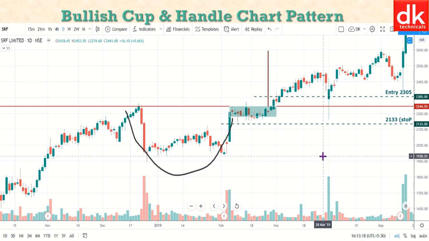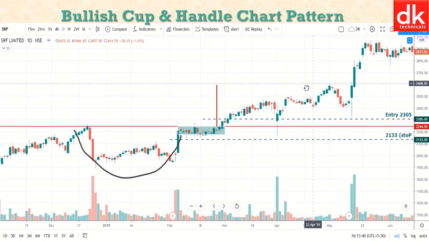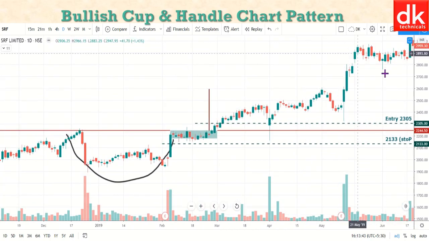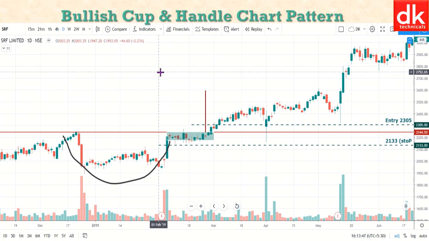However, we have been explaining in various tutorials under Zero to Hero or elsewhere also when we do the technical analysis that any target for any price pattern is the minimum objective, and the best strategy would be to ride the trend and trail the stop loss. So here we can fix up the target, and you can see the price has gone much higher beyond this point. It is further consolidation and further gone up, so we can always trail the stop loss.